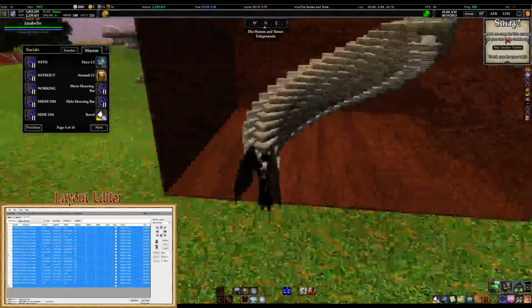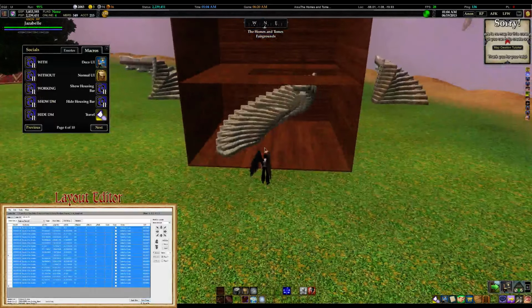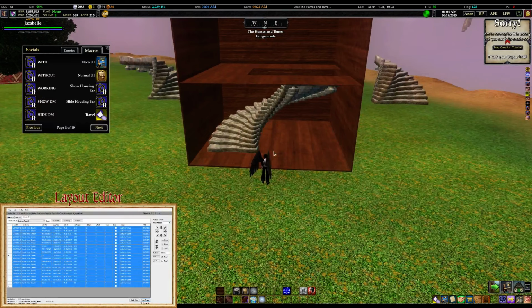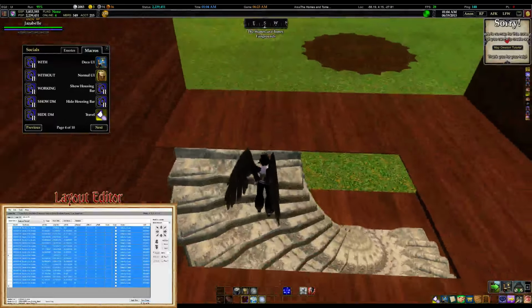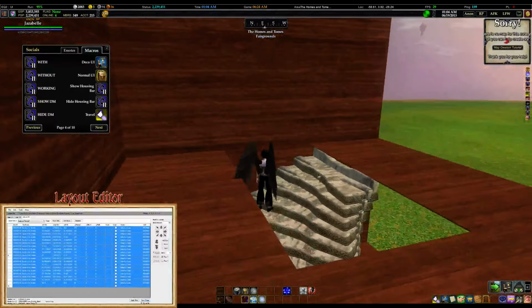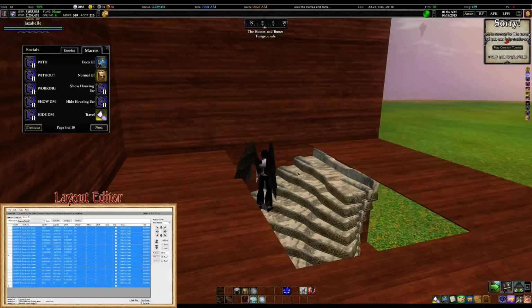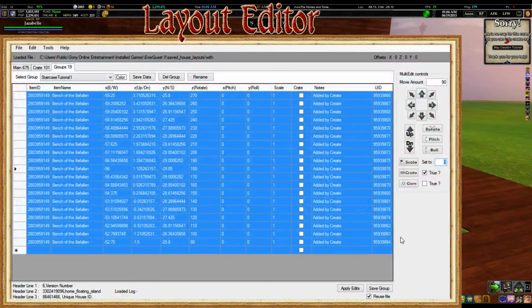Ugh, I keep popping my camera in the wrong direction. So I load it, and it looks just like it did before I started messing with things. Because, hey, I can do stuff like that. So I could say, I don't like how this little bump here happens, and to get rid of that, I know I have to scale it down a little bit. I don't want to keep creating layout circles over and over again, so I'm just going to type in 0.9 there, set the scale there, save it, load it in game,